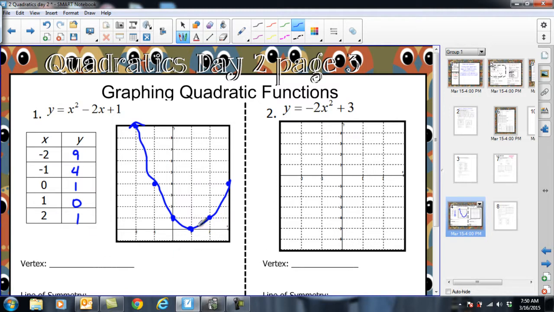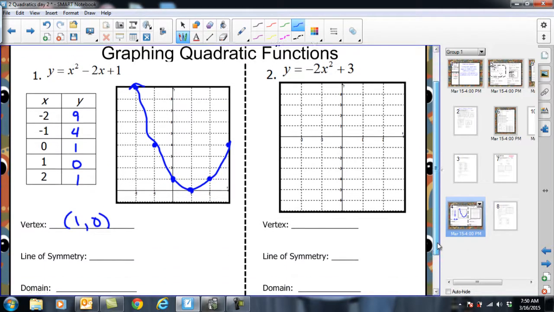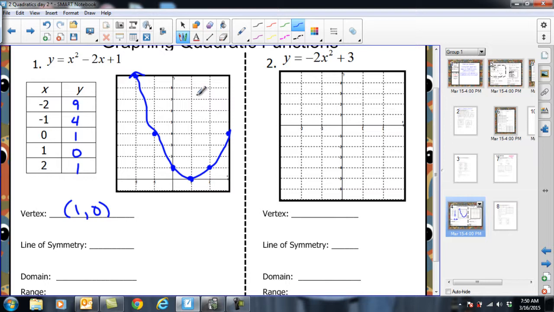So now my vertex, it's this very bottom point right here, which happens to be at 1, 0, and you can find it in the table also because it's where the points start to repeat. So I've got a 1 and a 1 on either side of that 0, which tells me that's where the vertex is. The line of symmetry